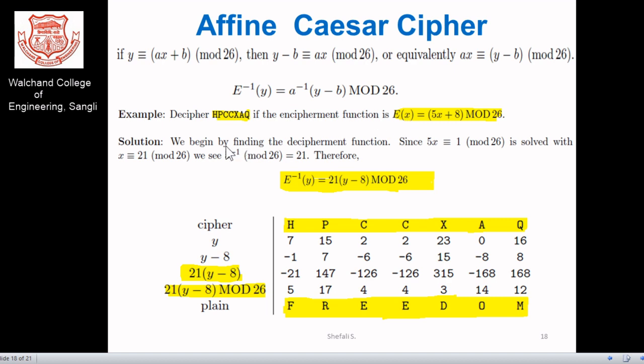Now we begin by finding the decipherment function. Since 5 times phi of x is congruent to 1 mod 26, we have seen multiplicative inverses and gone for the relative primeness of 5 and 26. With this we can rewrite that x is congruent to 21 mod 26, as we see that the inverse of 5 is available and is equivalent to 21 itself.